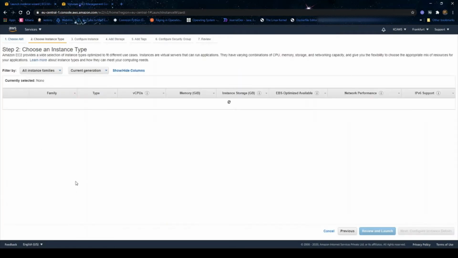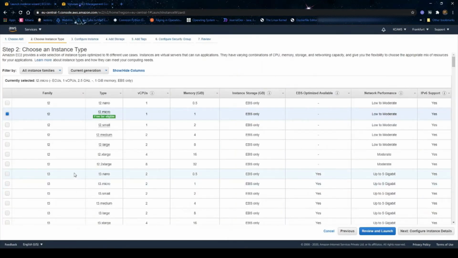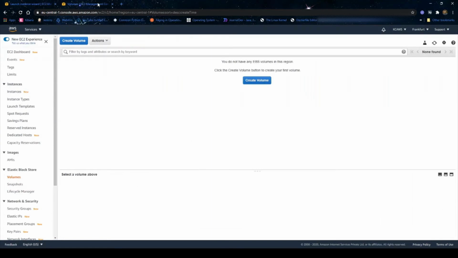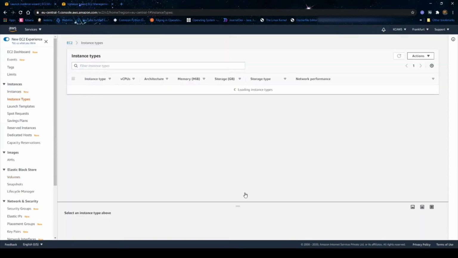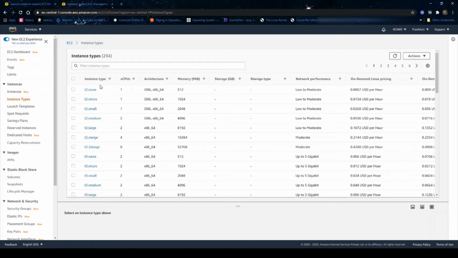The next step in creating an EC2 instance is selecting which type of instance you want. Let me go back to the EC2 dashboard and then go to instance types. These are the instance types AWS is offering.